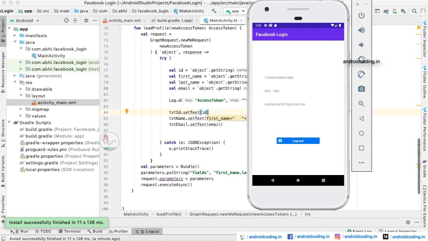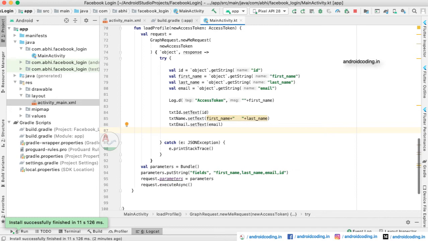And here you can see we have also got our details here, like ID, first name, last name, and the email address here. So these are the basic details which we can get from Facebook, and also you can get the user profile picture, and also there are some other services you can make, like you can make a post from your application, you can make some comments, and all these things we will be seeing in the coming tutorials. And in this tutorial we have seen a basic Facebook login integration for your application, and there are also some important steps to be taken care of.